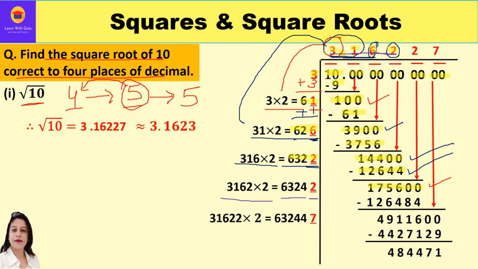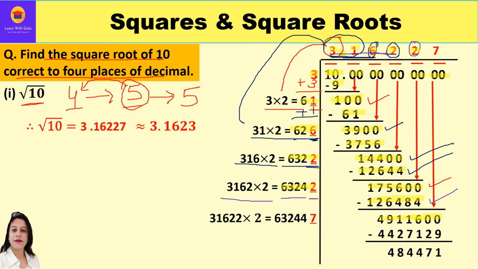And now think of a number what should come over here, and same number we will multiply in the quotient, and the product should be less than or equal to 1,75,600. So after trials I got a suitable number, that is 2. So I can say my divisor is 63242, my quotient is 2, and my product is 126484. The difference is 49116. Bring down the next period 00. Now this is the new dividend which we have to solve.